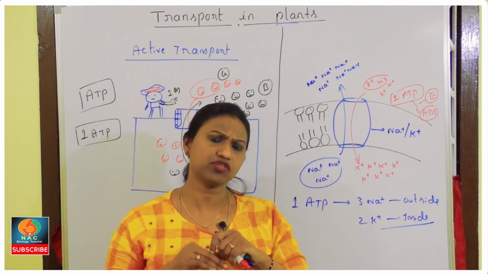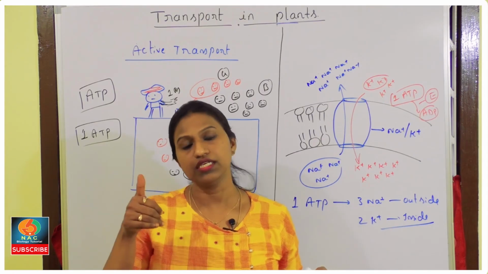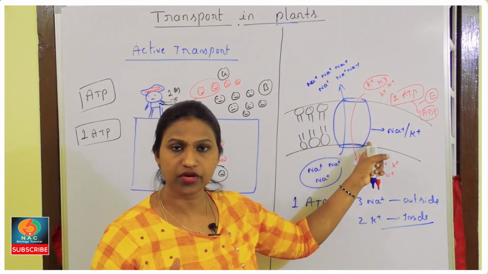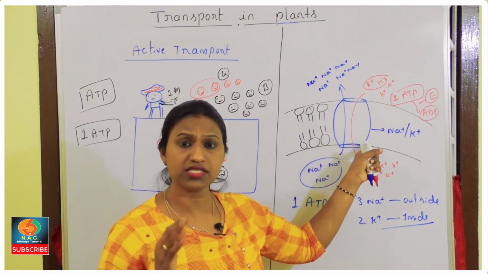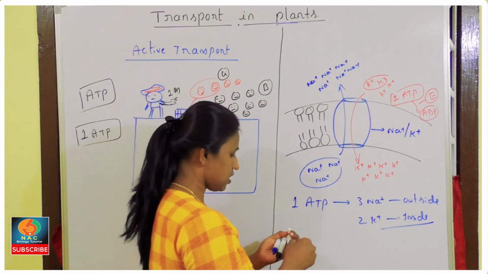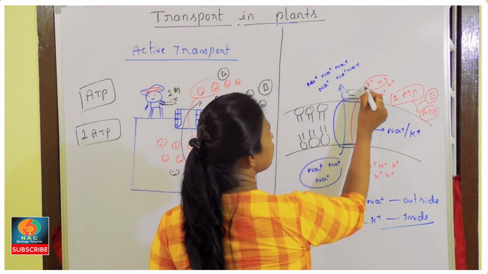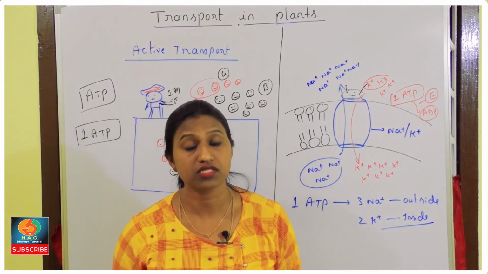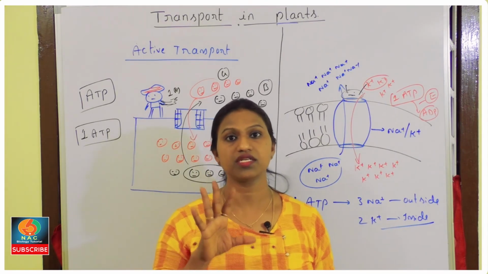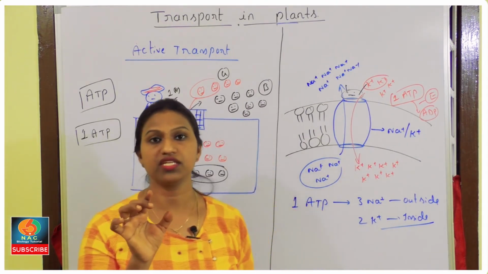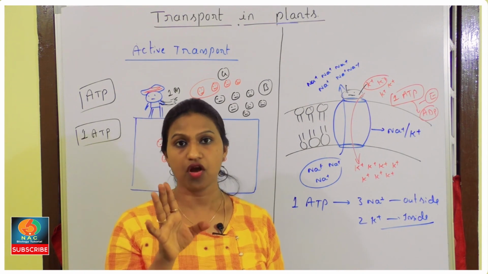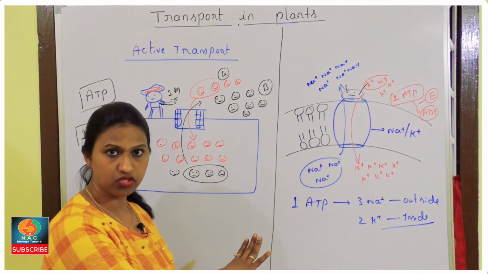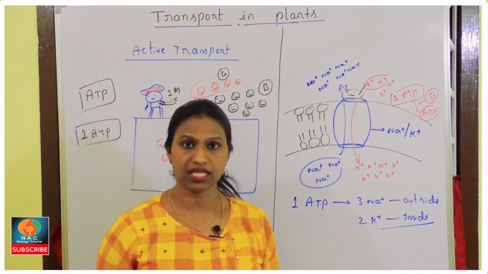And the remaining factors are almost the same. What are those factors? Here the proteins can saturate. Here also the proteins can saturate. Here also these proteins are very sensitive to inhibitors. If any inhibitor comes and binds here, it will not allow anybody to move. They are sensitive to inhibitors. Facilitated diffusion is also sensitive to inhibitors. So these are certain points that you have to remember. There is a chart given in our NCERT that compares diffusion, facilitated diffusion as well as active transport. Once you go through this video, you can easily understand the table.